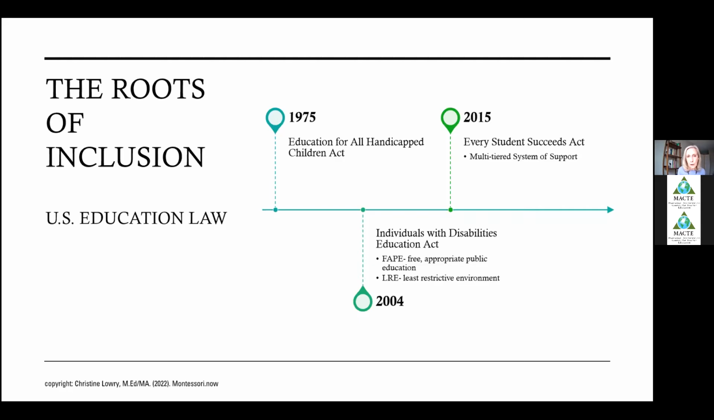It integrates academic and behavioral, social, emotional needs for all students. So we no longer have RTI, response to intervention, or positive behavior intervention support plans. We have MTSS, multi-tiered system of support. The explicit focus of MTSS is on preventative measures rather than remediation. It means